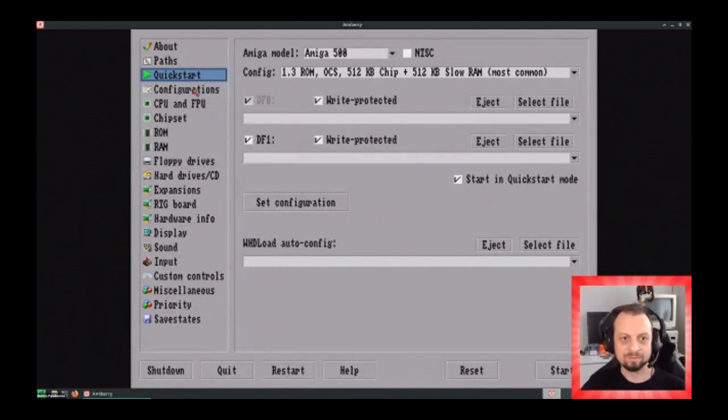Because the target is to run on those low-powered ARM devices, there have been some optimizations in that regard, while at the same time, some of WinUAE's features have not been implemented, things like PPC support, for instance, or multiple hardware expansions. That being said, there are some features that were developed specifically for Amiberry, such as the WHDLoad booter